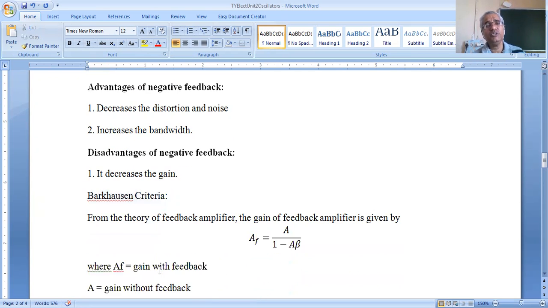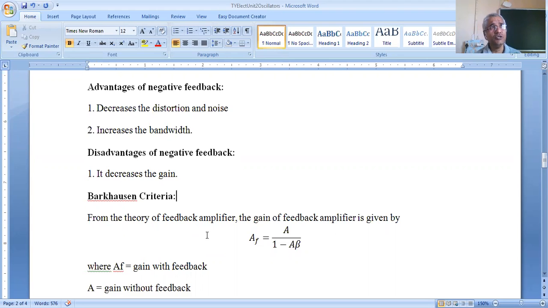Now the most important criteria related with oscillations, electrical oscillations, is called the Barkhausen criterion. Without satisfying this criterion, the oscillations will not set up in the tank circuit, or the oscillators will not give the sinusoidal signals. Now in the oscillator circuit, आपण oscillator ची definition असं भी म्हणू शकतो की oscillator is the